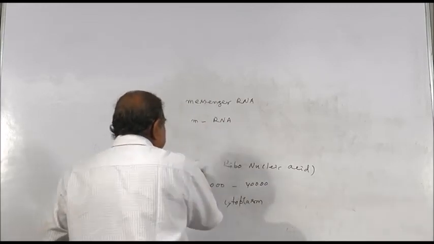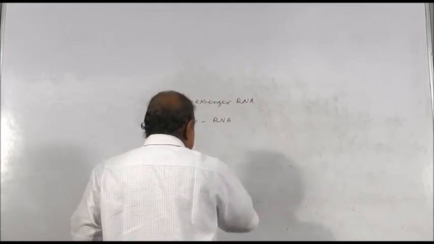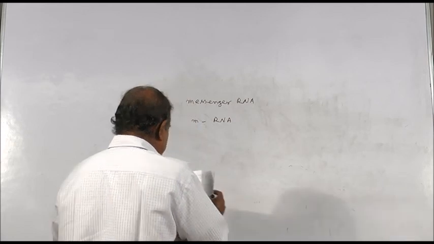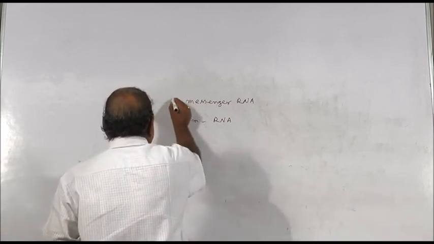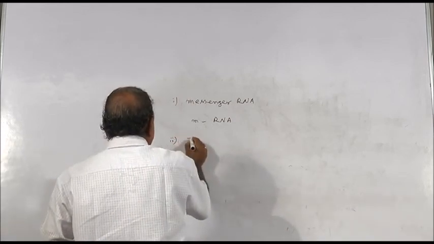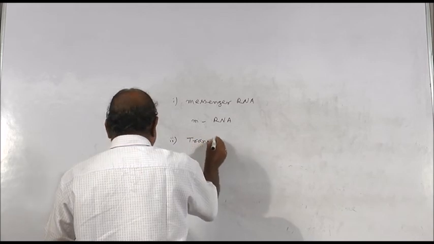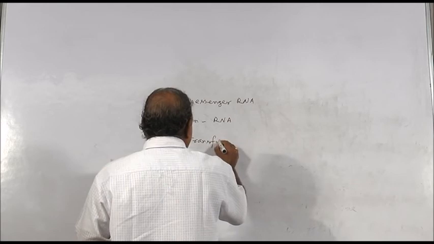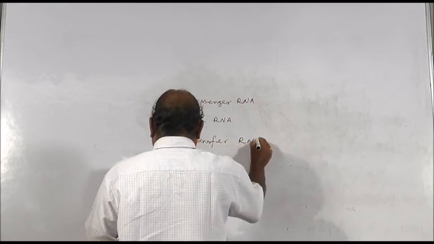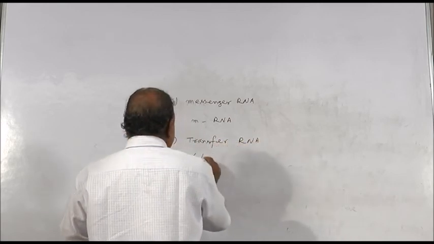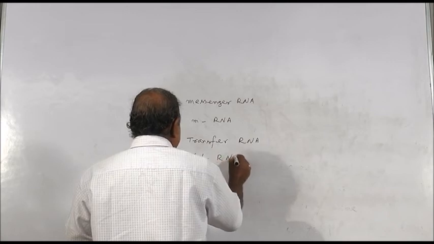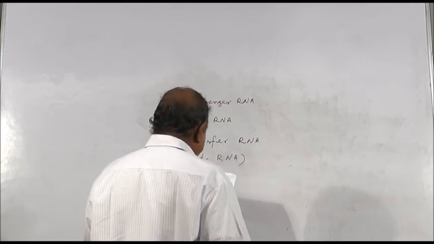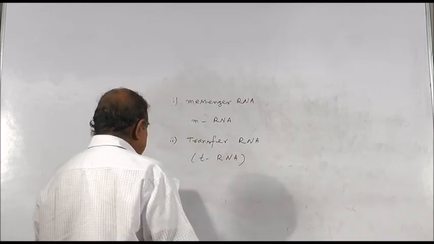The second one is your transfer RNA, or in short written tRNA, and it acts as an adapter which carries the amino acid to the growing